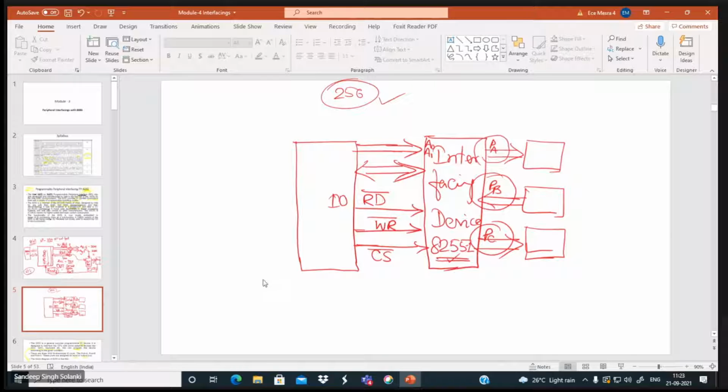But you have other alternatives also. Suppose you exceed 256, then you can go for memory mapped IO, through which you can go up to 64 kilobytes of IOs.